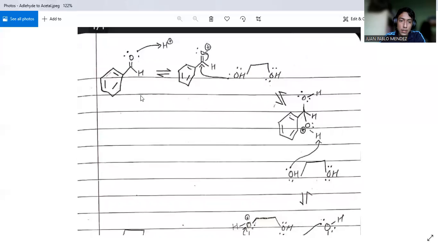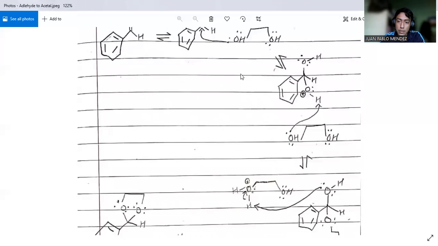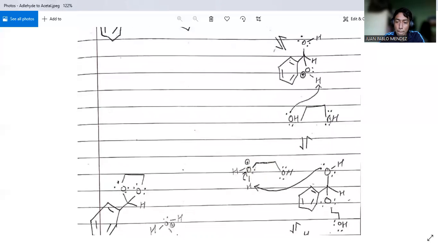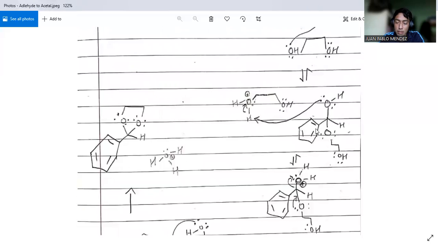So that's what is going on: activation under acidic conditions, attack of the electron pairs in oxygen from the ethylene glycol to the electrophilic carbon of the aldehyde carbonyl, break of the double bond, tetrahedral intermediate. The ethylene glycol attacks the hydrogen, it removes it. And then here, what occurs again is the hydrogen is taken